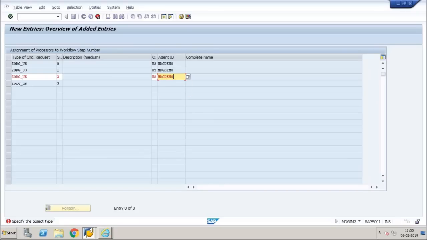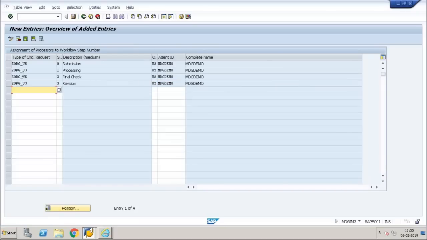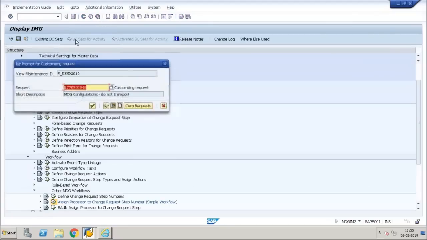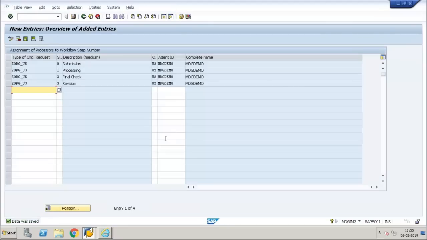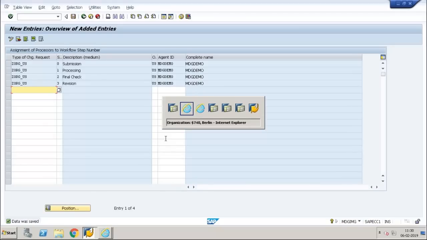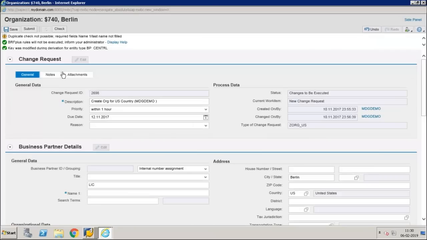Instead of someone assigning an agent in the workflow template, that template has a pointer. That pointer is nothing but this configuration. So whatever agents you configure here, the template will read these agents and automatically pass the work item to them. From here it reads, huh? Okay, okay. Yeah. So the moment I click on submit here,